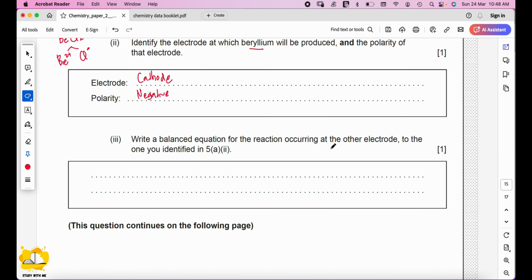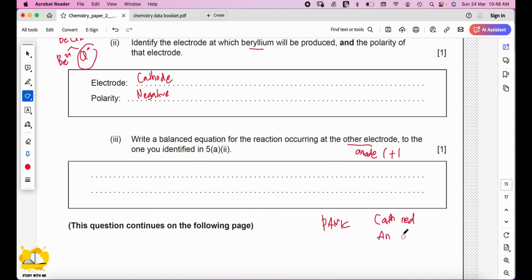Write a balanced equation for the reaction occurring at the other electrode to the one you identified in 5A2. Okay, so the other electrode will be the anode. So based on this PANIC, positive anode, so the anode is positive, will attract the negative ion. So it will be Cl. And the other one, I have the key here, is cathode